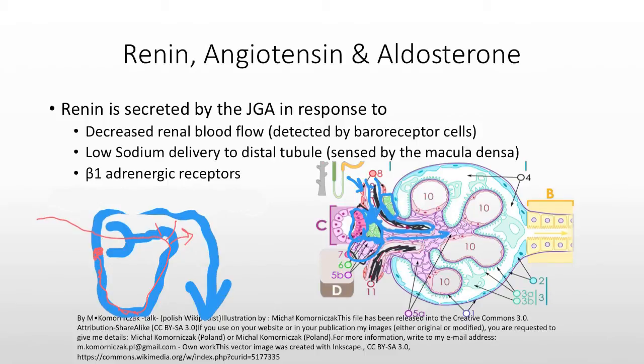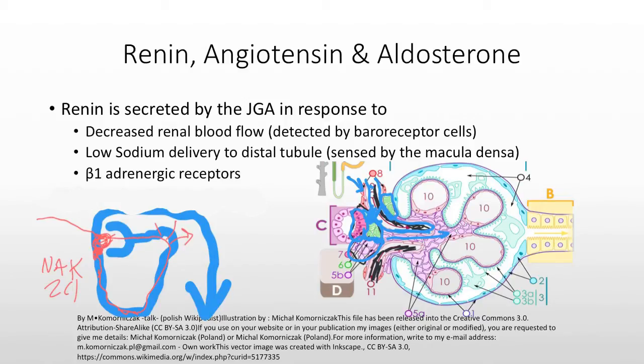When it gets back up here to this thick ascending limb of the loop of Henle, the sodium potassium 2-chloride pump is going to pump a whole lot of sodium into the intracellular space, and that intracellular space is going to communicate to the juxtaglomerular apparatus that you have a high flow rate because I'm seeing a lot of